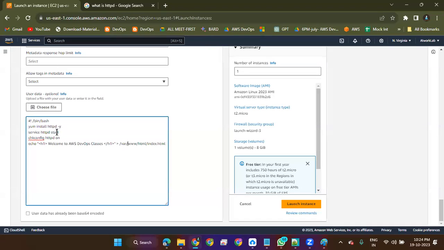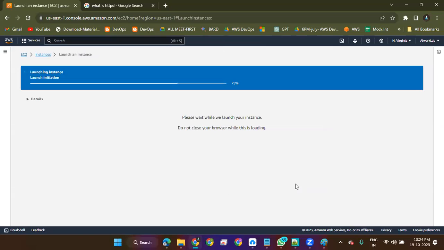I'm doing service HTTPD start. Then after that I'm enabling it as on. That's it. Launch instance.